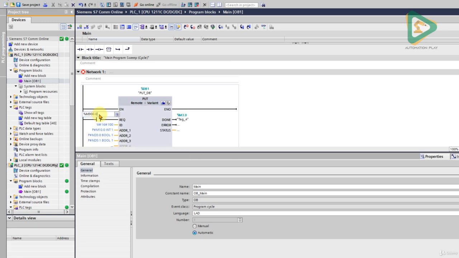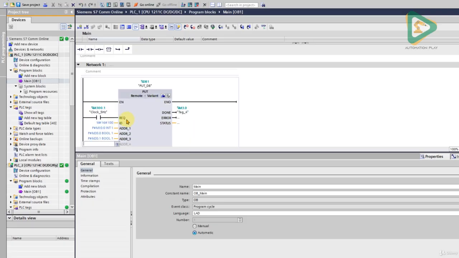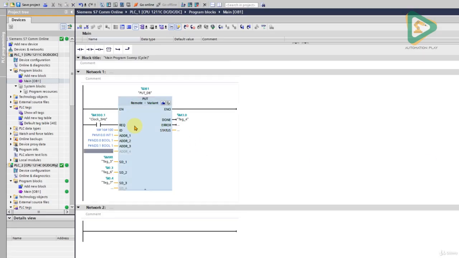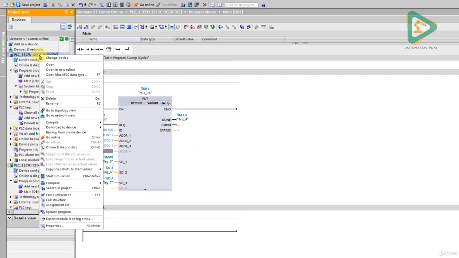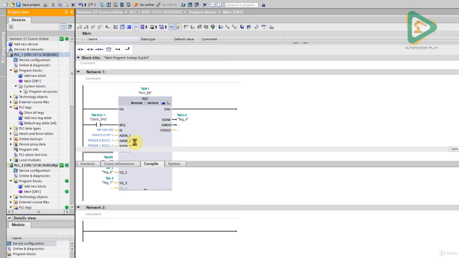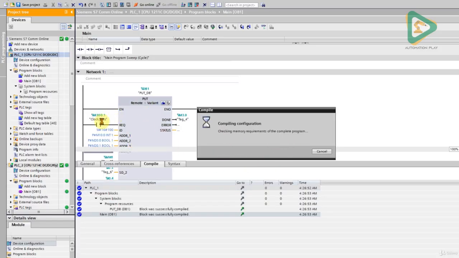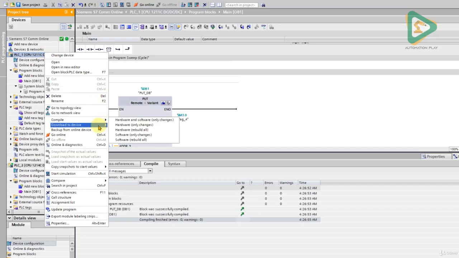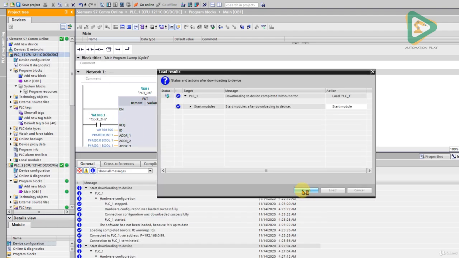M300.0 or 1. Clock of 5 hertz looks good. Now from here I'll go to compile and rebuild all, otherwise sometimes this might not work. So you have to compile software, rebuild all, and download to device hardware and software changes